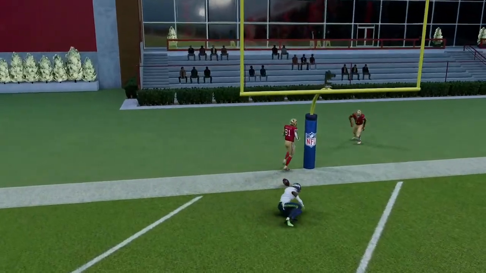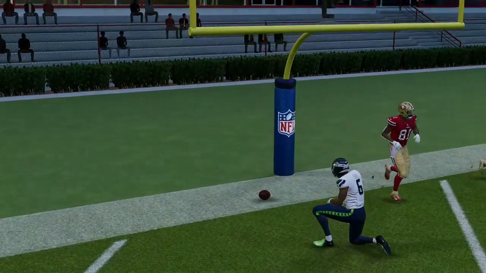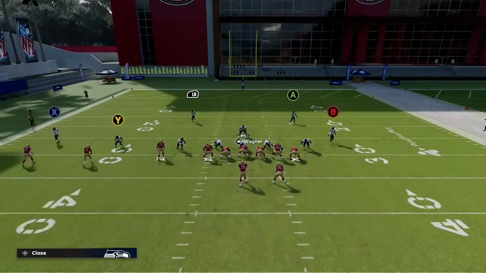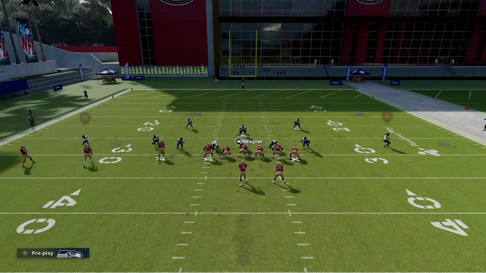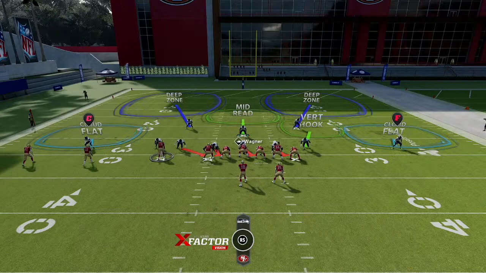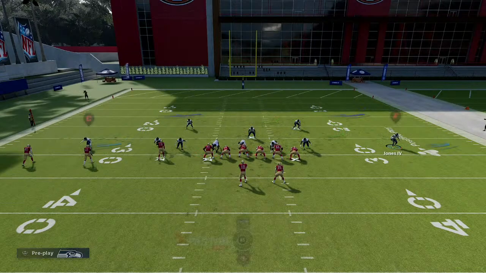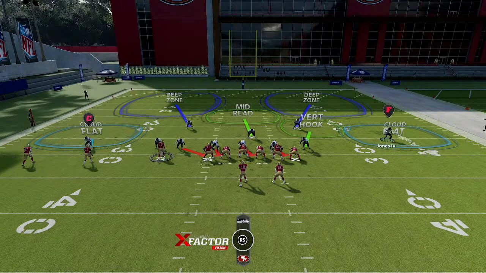All right, this isn't a very good crosser, but you guys are going to see what I mean. So one thing you can do is man him up. And then if you man him up and you have your flats on 30,